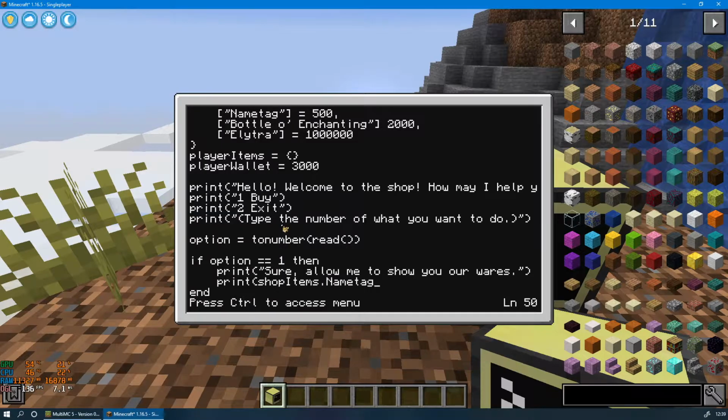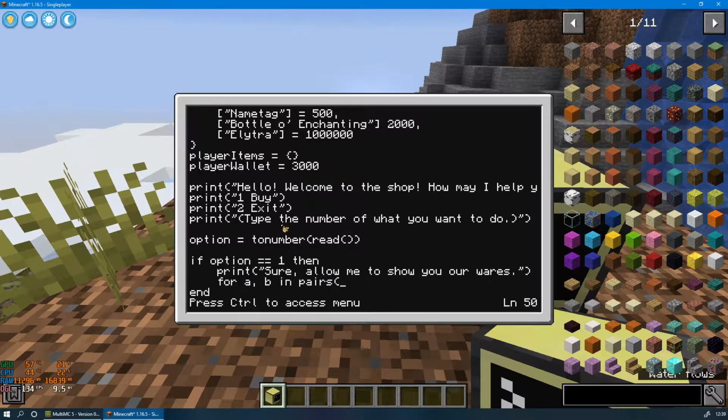Now, to show the player what the shop has, we could just have it print each item in the shop's inventory, but if you remember my lessons about for loops, this is a bad idea. You're showing all the items with multiple print functions when you could show all the items with just a single print function. Plus, doing it this way doesn't account for any other items that the shop may add to their inventory. The better way to handle this is to use a generic for loop to go through each item in